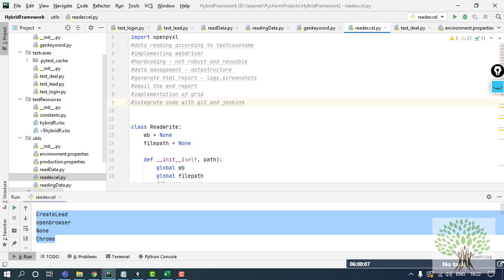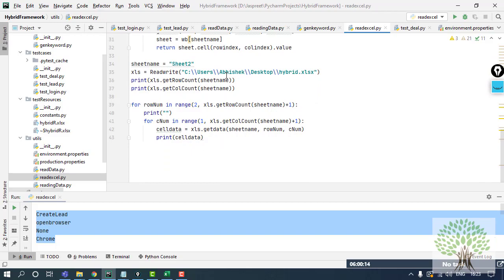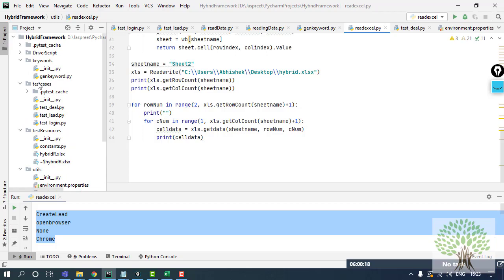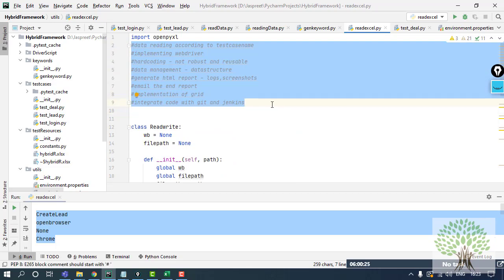So these are some of the objectives that I need to have in my project. Now this was just a sample that I have shown you, but I have the real project made over here in which all these things that I have discussed above are implemented.